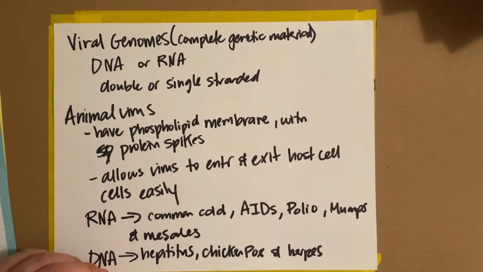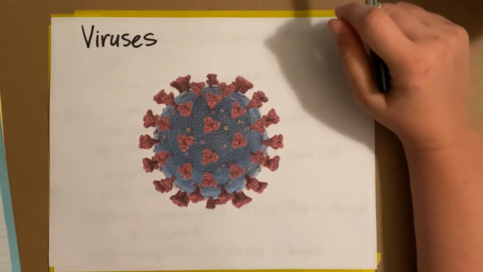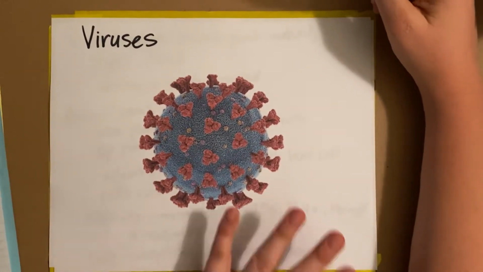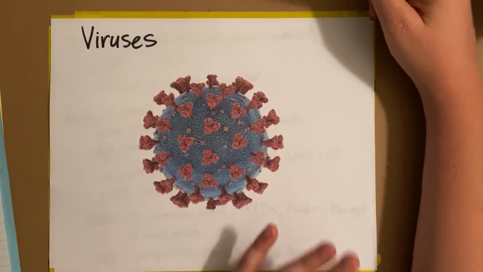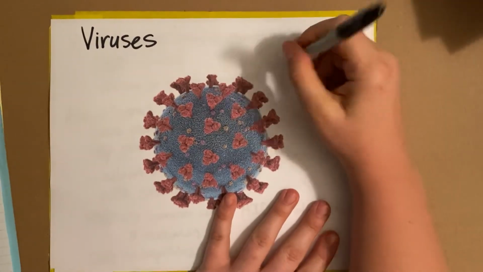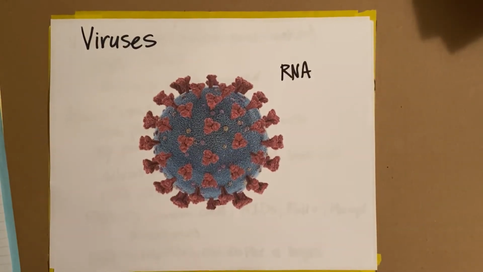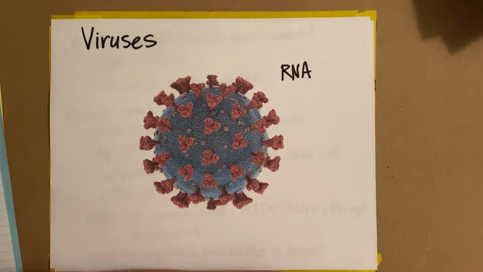Okay, a little bit about the coronavirus. There are lots and lots of articles and, at this point, documentaries about the coronavirus. If you want to do a science summary on the coronavirus, or multiple science summaries potentially, go for it. The coronavirus is actually an RNA based virus, and we call it a novel virus because it's something we have never come into contact with before. So it really is something no human has come into contact with, and so no immune system is going to be able to defeat it on its own completely right away.